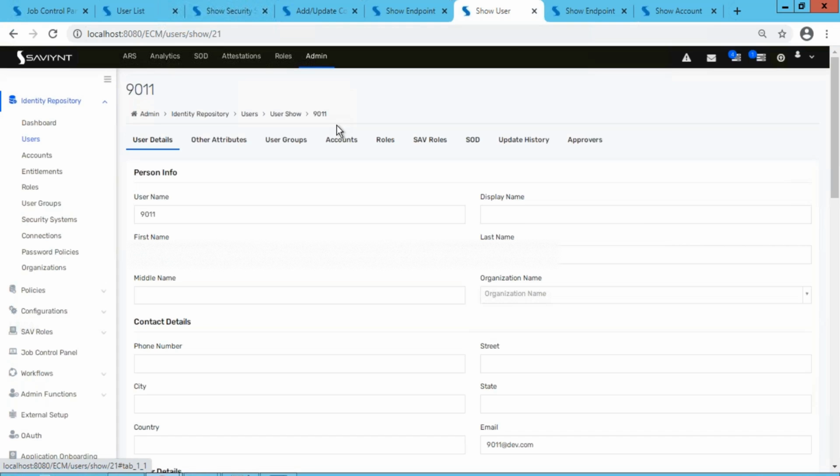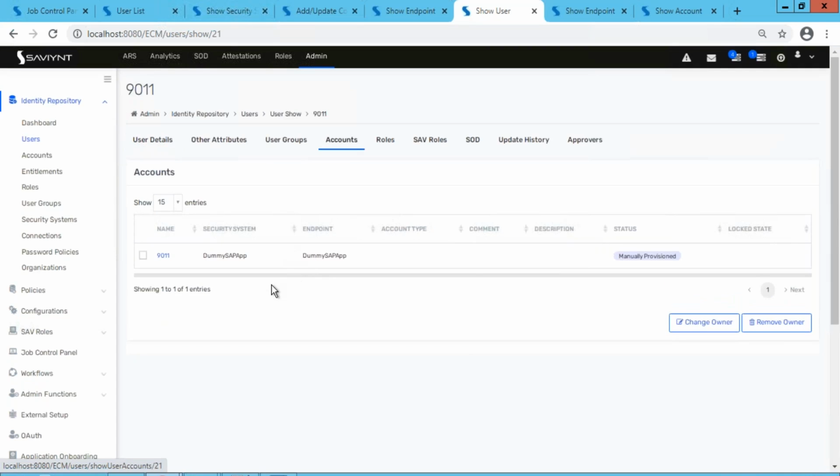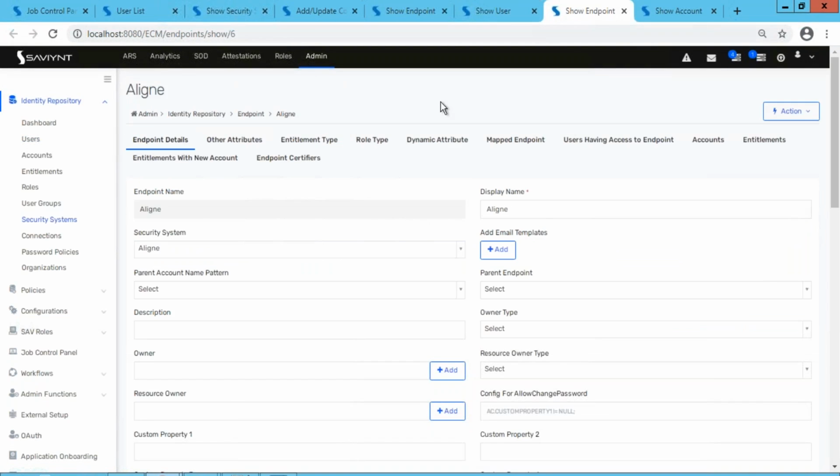So if we run an aggregation, then your account will have only the Google application account, because it doesn't understand the other two applications. Those applications are not running on your username, they are running on email and your employee ID, and Saviynt doesn't know that. So the endpoint filter will say that